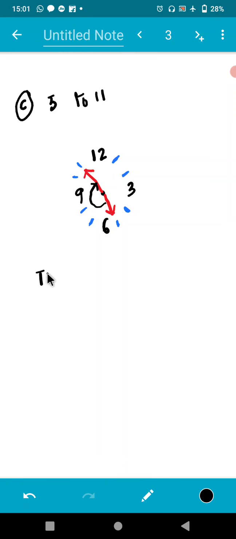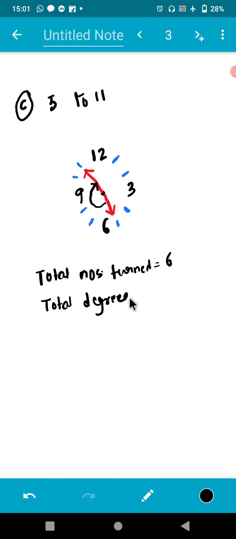So total number turned. How many numbers has it turned? Count it. 1, 2, 3, 4, 5, 6. So 6. So total degree turned would be 6 into 30 degree, that is 180 degree. So total 180 degree